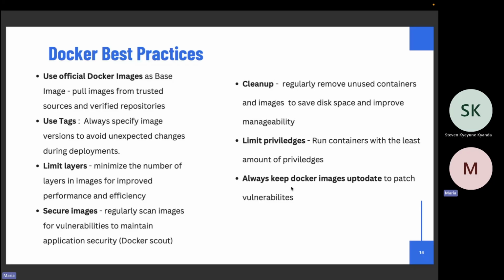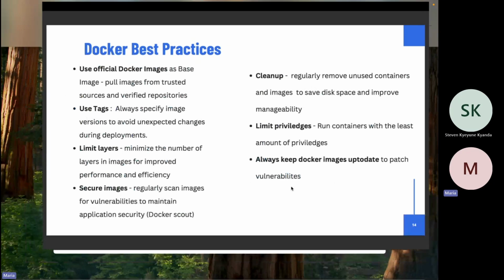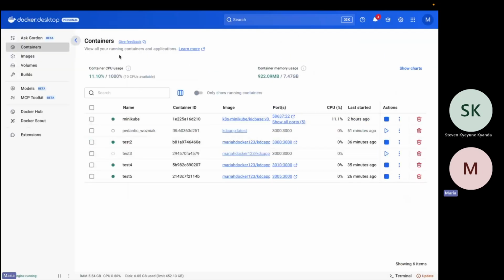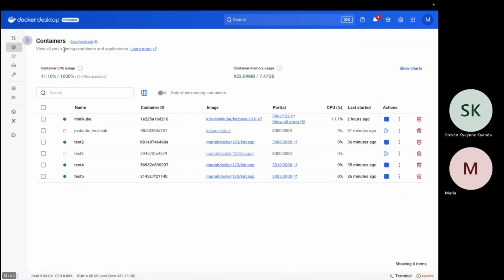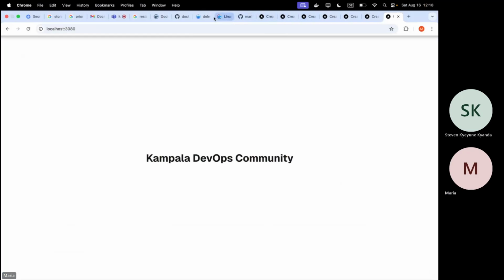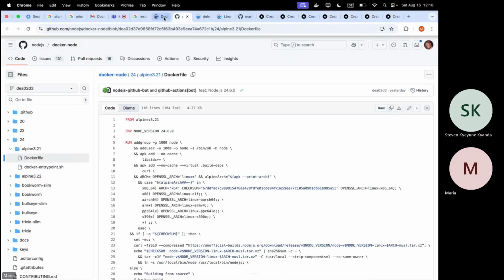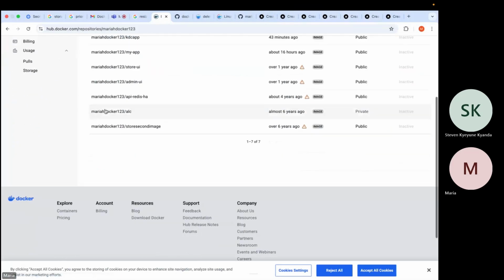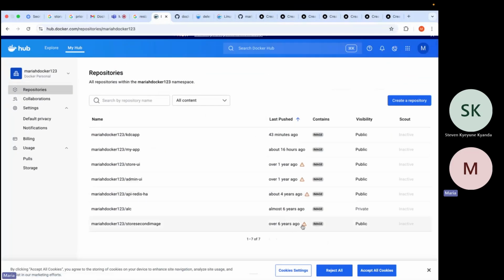Then always keep your Docker images up to date and patch vulnerabilities. It will also show you that something is wrong with your images. So for example, I have images that were created over 6 years ago.